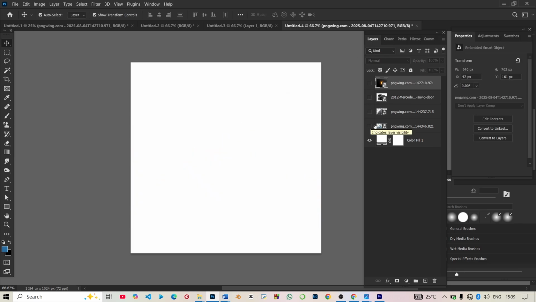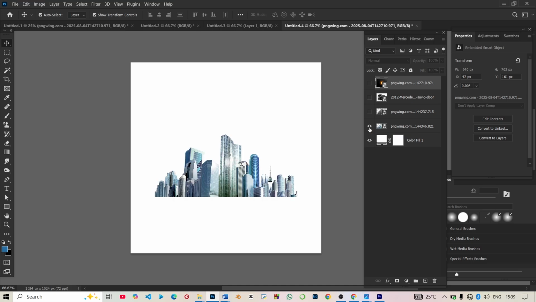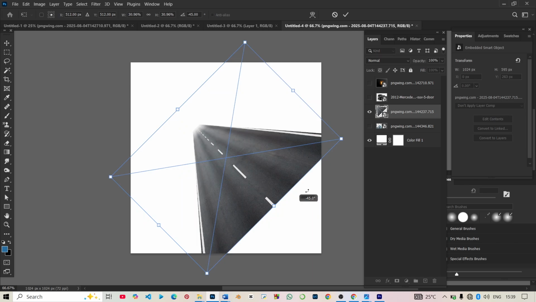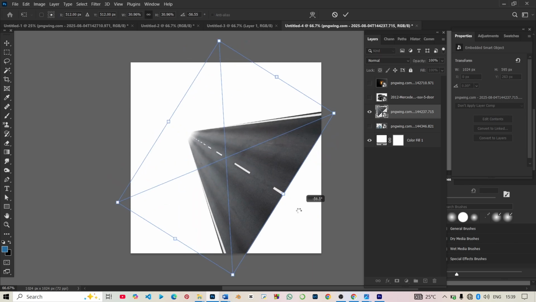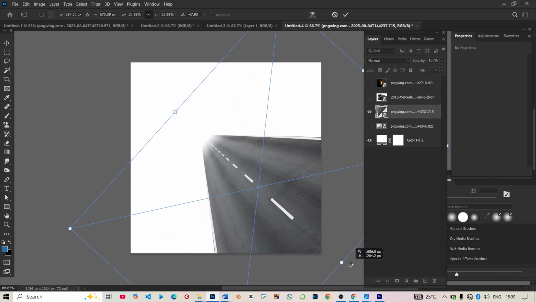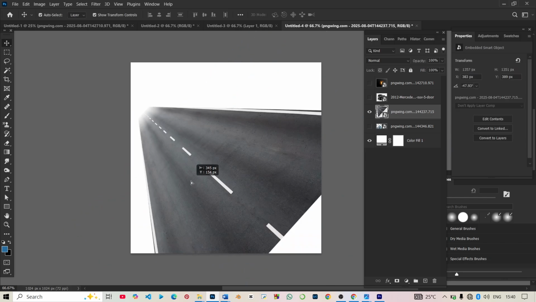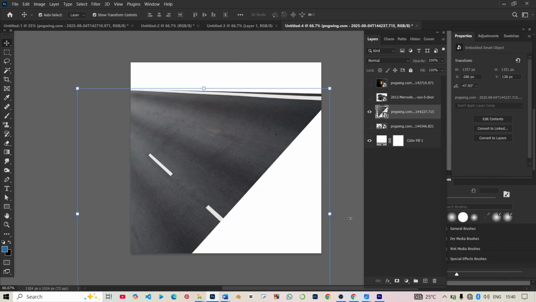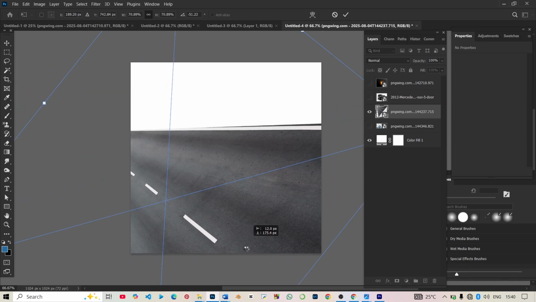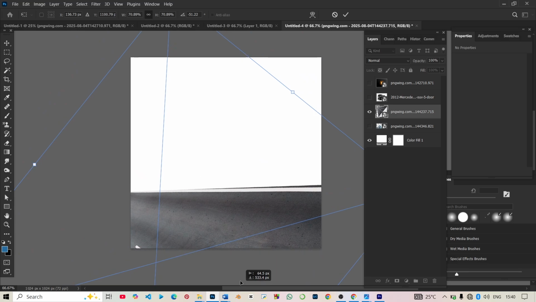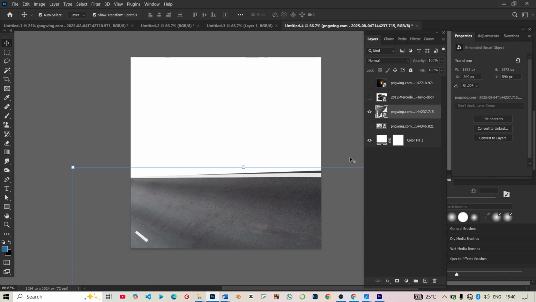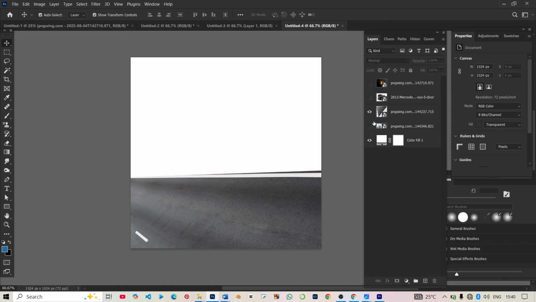Good. So now the first thing I want to do is start with the road here. I'm going to rotate this. I want this edge here to be straight. Then after doing that, I just increase this. After rotating, I'll just increase it. Alright, after increasing it, the next thing I want to do is